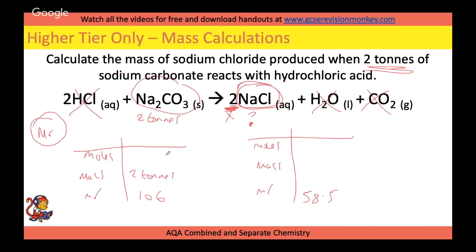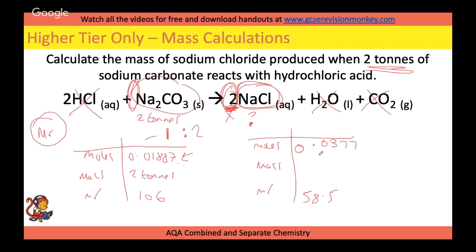The one thing I can work out is this bit, the moles. So moles equals mass over Mr. So 2 divided by 106 will give us 0.01887. This is where these numbers become important, the ratio of moles. The ratio of moles here is 1 sodium carbonate to 2 sodium chloride. So when we convert the moles over here, we need to double up because we've got a ratio of 1 to 2. So doubling this will give us